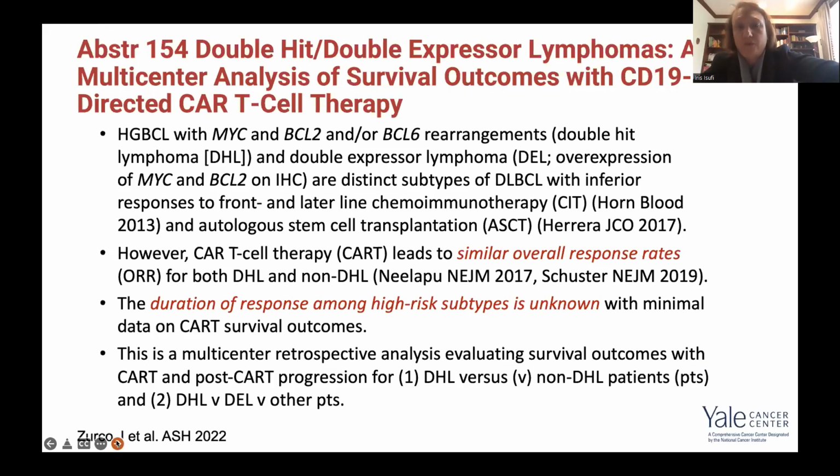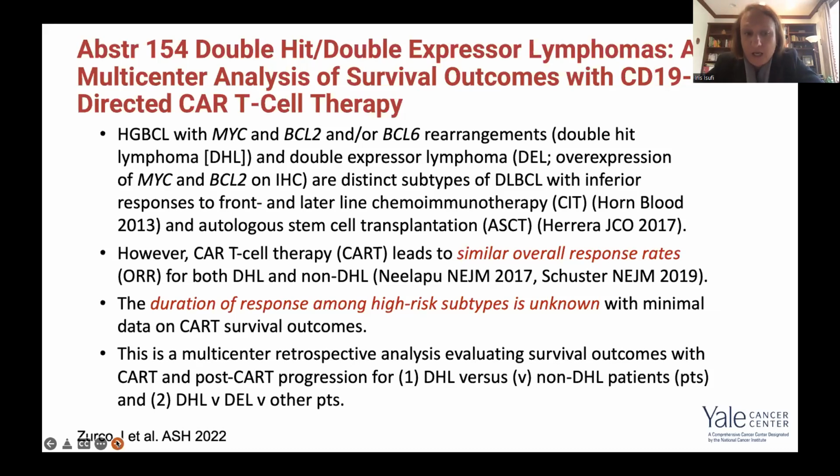And we know that those have very inferior responses to frontline and later lines of chemotherapy and have very poor outcomes with stem cell transplantation. There have already been some presentations in terms of the role of CAR-T for this patient population, which has led to similar overall response rates. However, until this abstract, there had not been any data or update on the duration of response for these high-risk